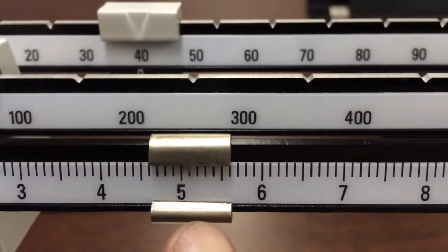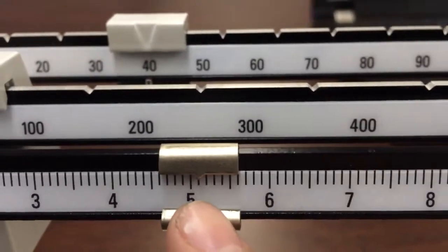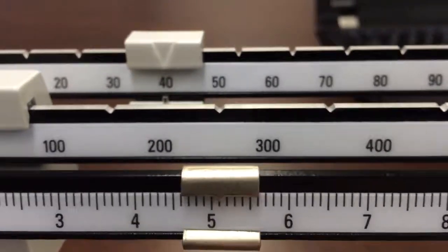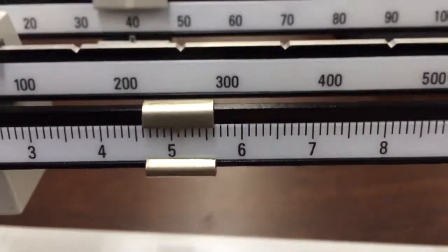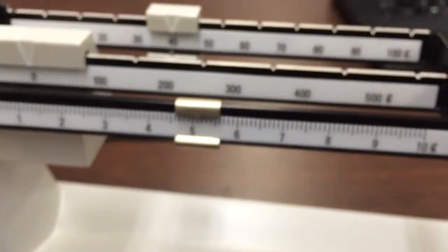The little lines are your decimal points. So I'm at 5.1. And the reason I got the 0.1 is because it is one little line past the 5. Okay, so I'm going to add 5.1 to 40. So 40 plus 5 is 45, and now add 0.1. I'm going to get 45.1 grams. Make sure you label your units. So my doll